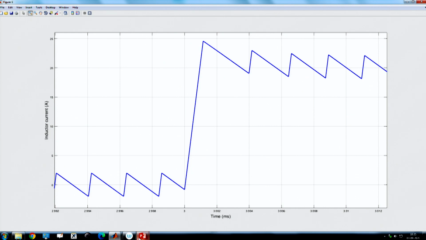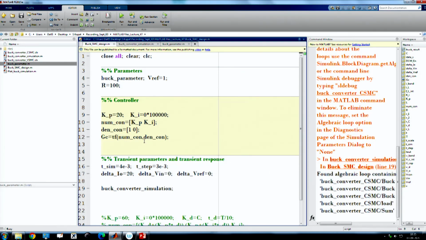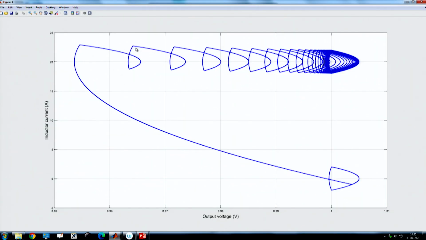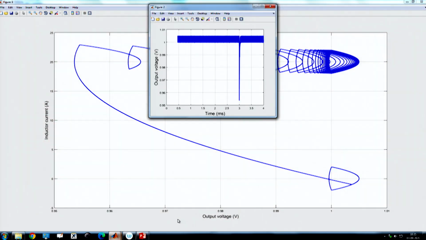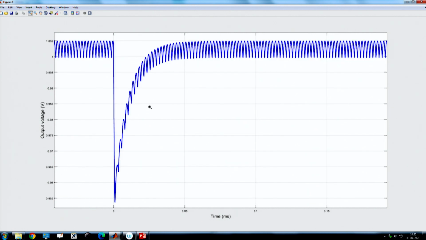Now, I want to reduce the gain. Suppose I use a very small gain of 20, and I want to see how the response looks. You can see it takes many cycles to reach there, and it is evident that it will take multiple switching cycles to reach steady state.